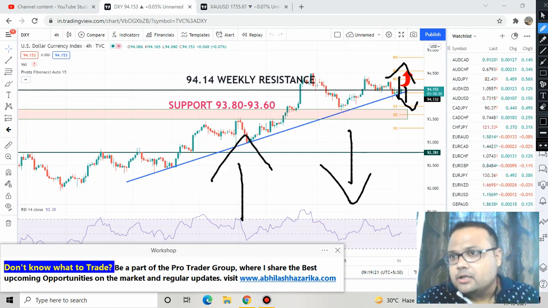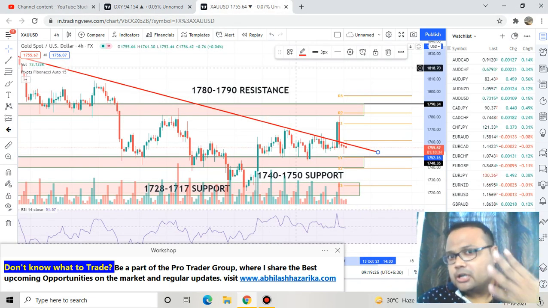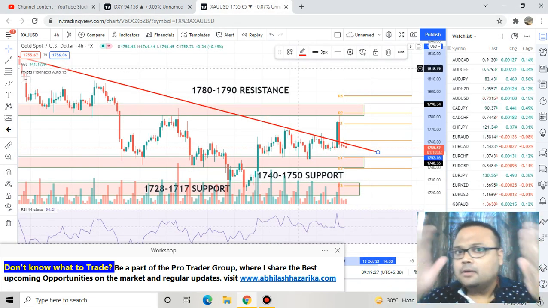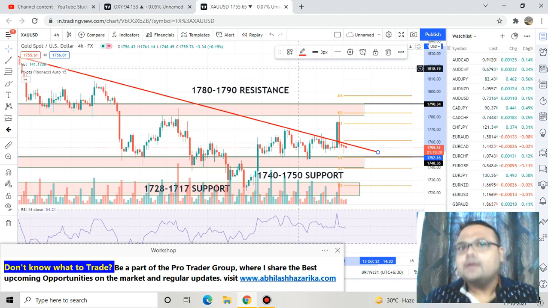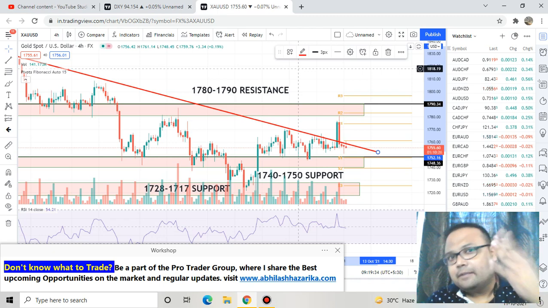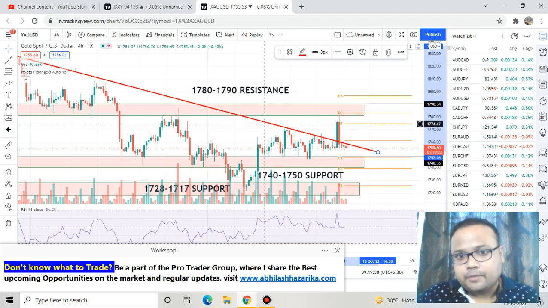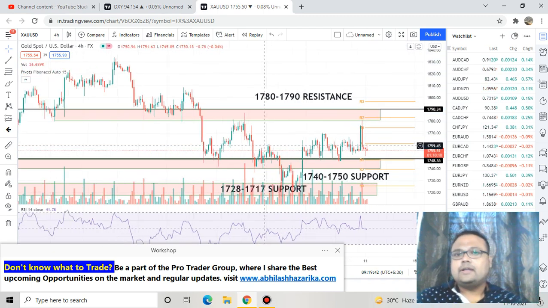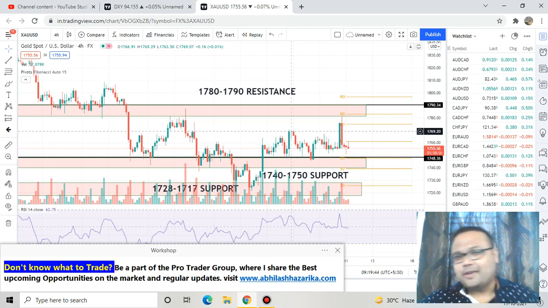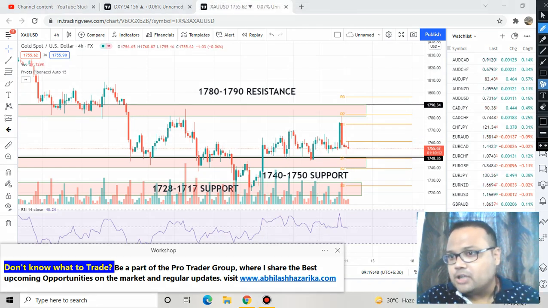gold USD chart. Just remember, we have got 4 trading opportunities on the gold USD chart, and if possible, do not mess with these rules, because if you love your hard-earned money, then please try to trade on these 4 trading opportunities only. First of all, we do not want this trend line because this trend line is not a very strong one. So the first trading opportunity on gold USD chart is